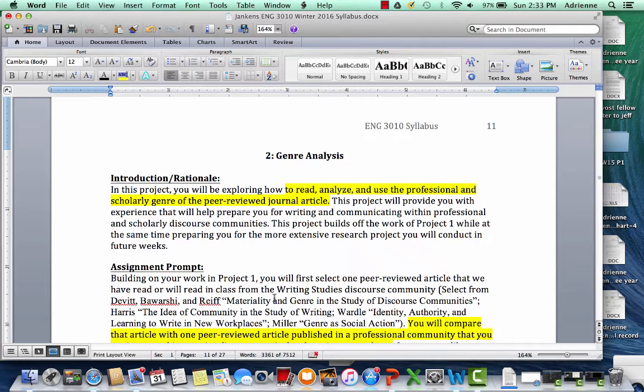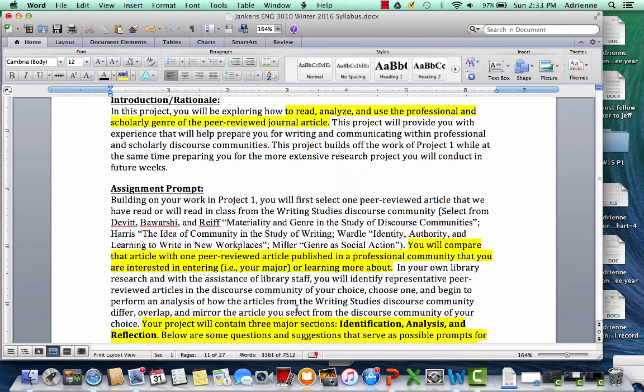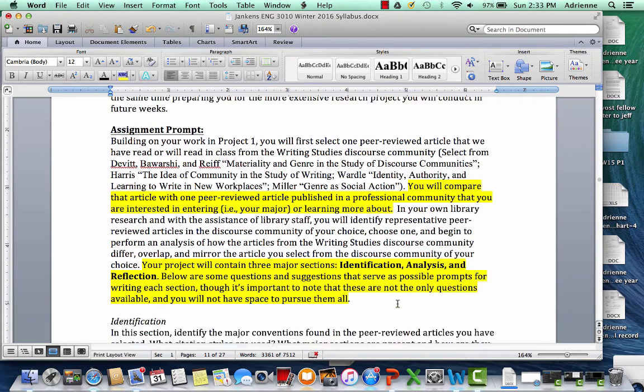So that's our project, practicing reading, analyzing, and even using or getting ready to use these genres. The major goal here is to compare the article from your discourse community, or from a journal in that discourse community, to one in writing studies so that we can learn a little bit about what we can find from comparing features and thinking about how those features are used.